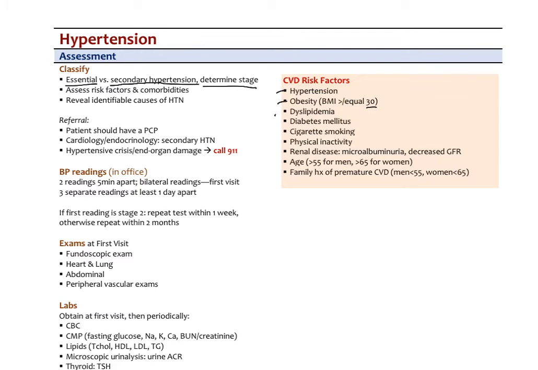And dyslipidemias, so we've talked all about cholesterol earlier. Elevated LDL, low HDL, potentially high triglycerides would all be risk factors. Having diabetes, both type 1 and type 2, although type 2 seems to have more of the cardiometabolic risk. Cigarette smoking, physical inactivity, any presence of renal disease, so any signs that the kidneys are spilling protein into the urine. Typically, the way we assess that, I'll just say here briefly, is in the clinic we have the dipsticks,